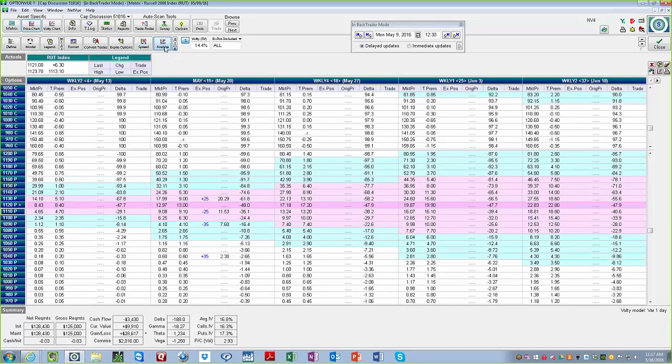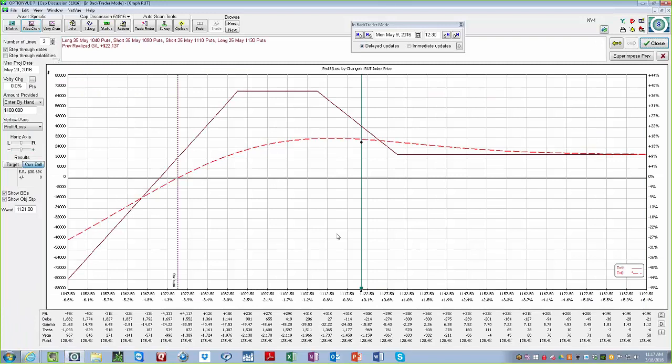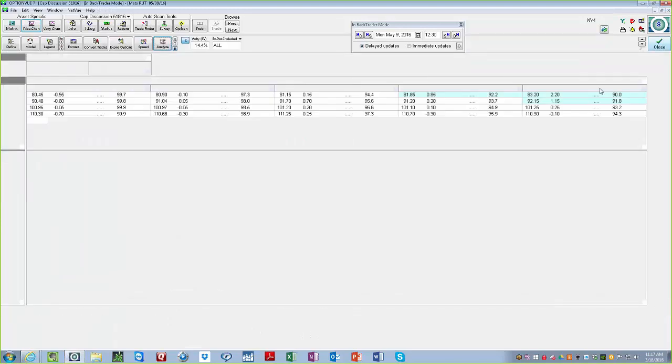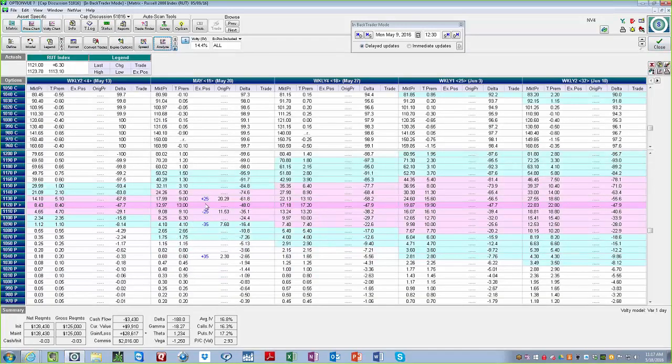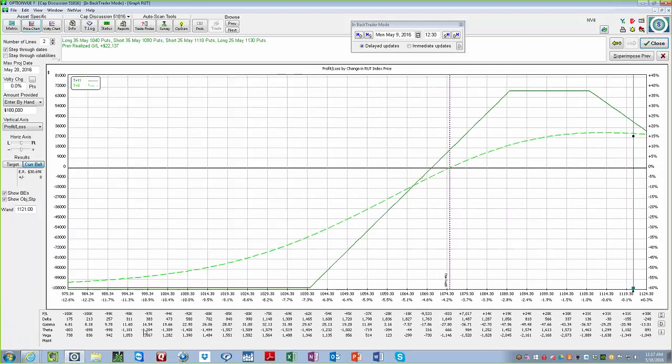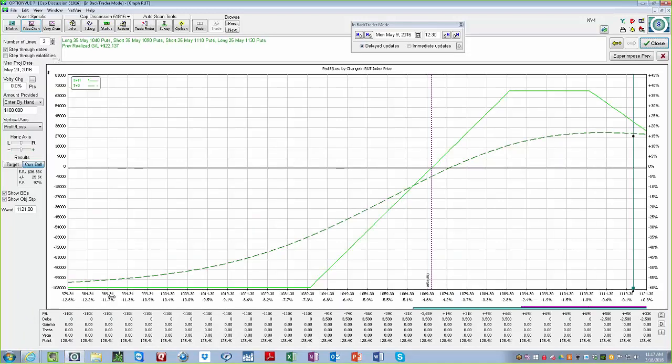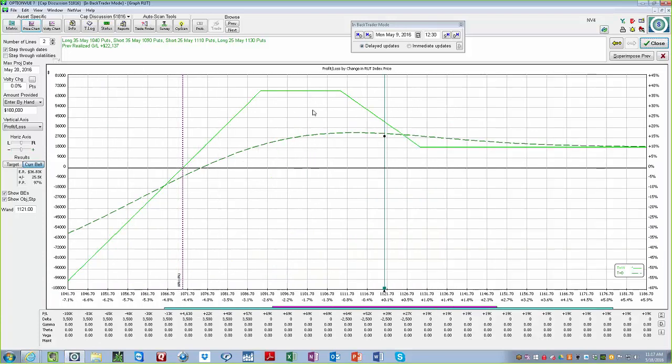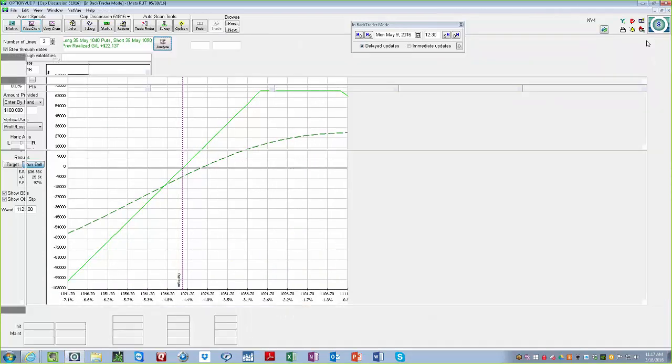So here we are now, and here's the adjustment. And you can see from the matrix here, I've skinnied down the position. The position now, from a total risk standpoint, is only at about 100,000. Okay, so I'm sorry, 110,000. So I've reduced the risk down here from about 180 down to 110, and taken the money off the table,